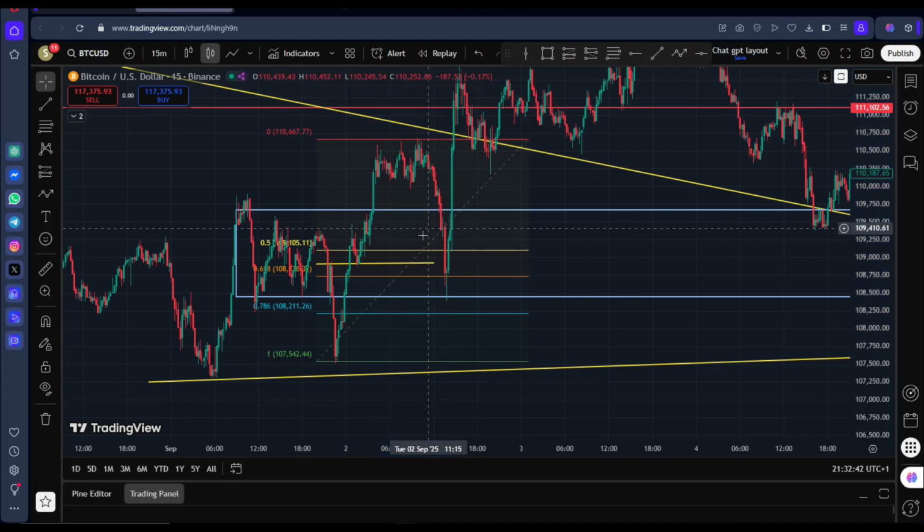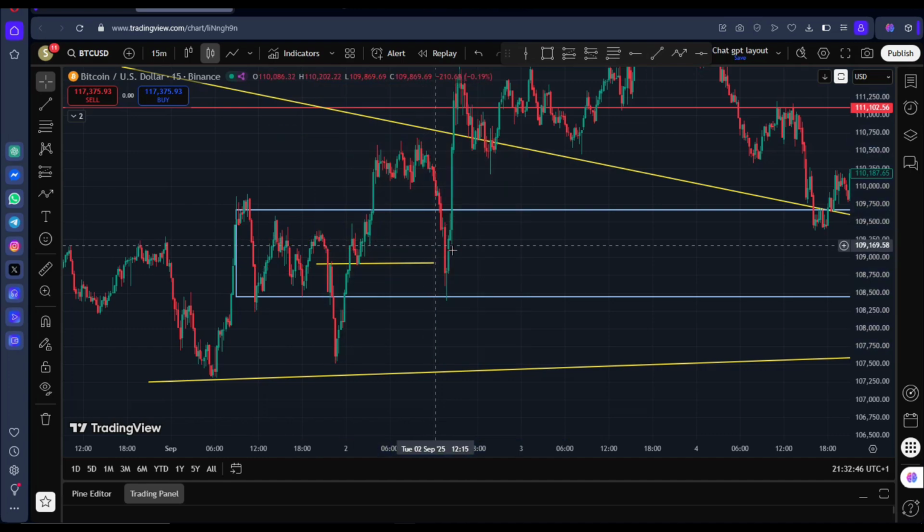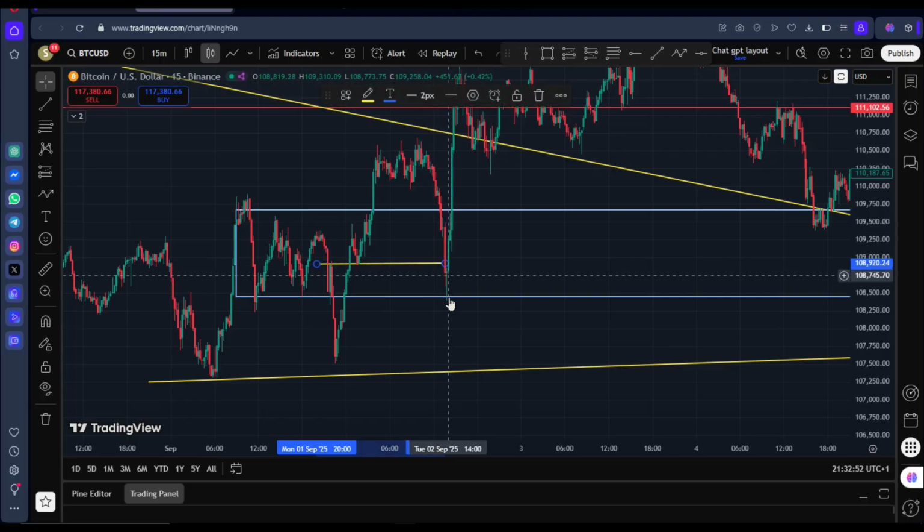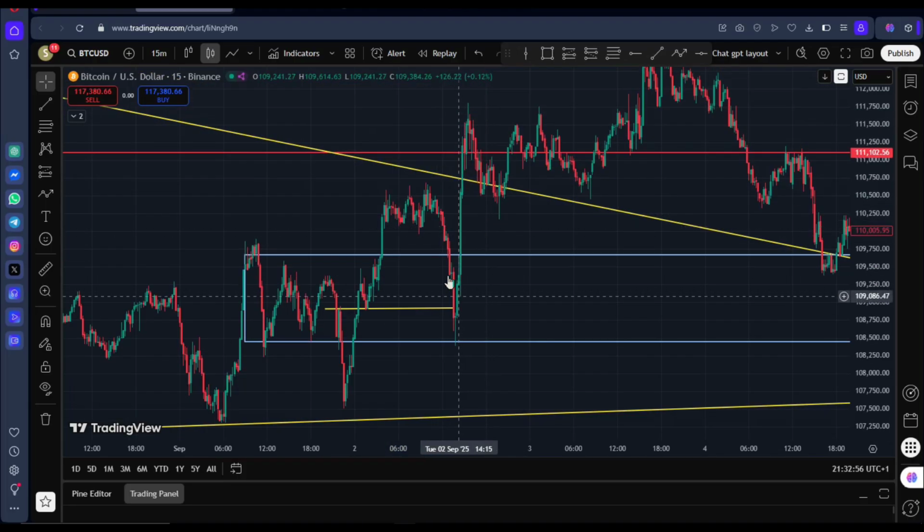So this red candle is my demand zone. From this point to this point, and then drag it into the future, is my demand zone. So you can even see right here that when price came and touched it,